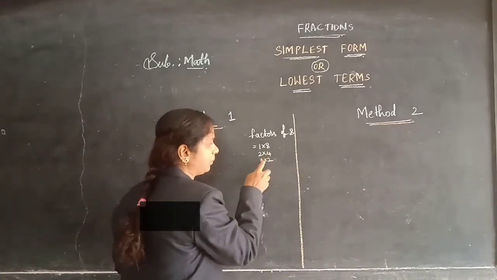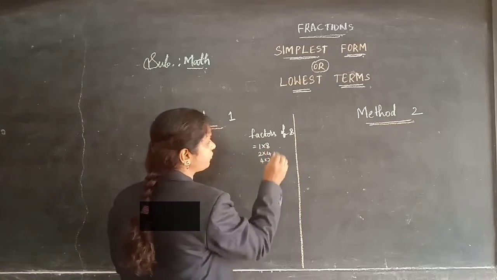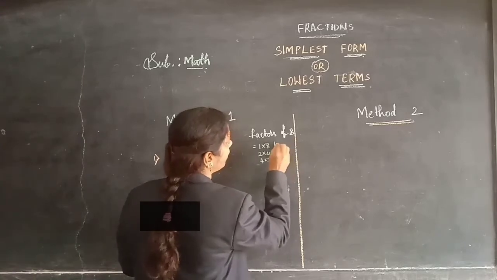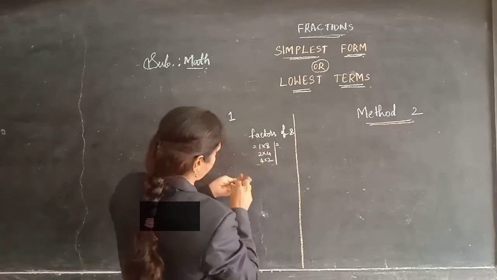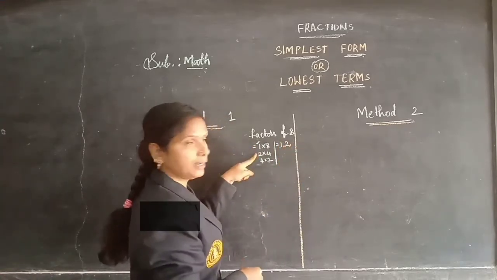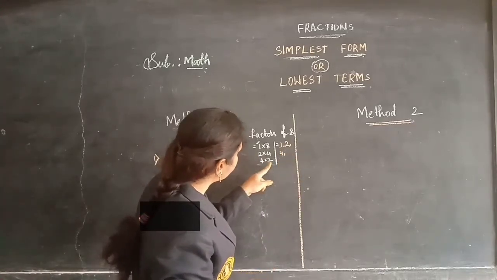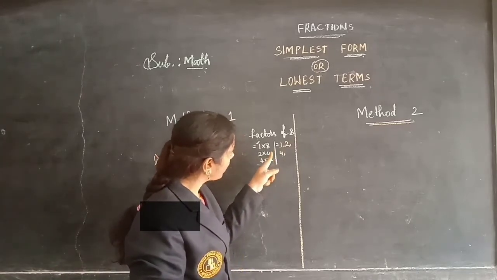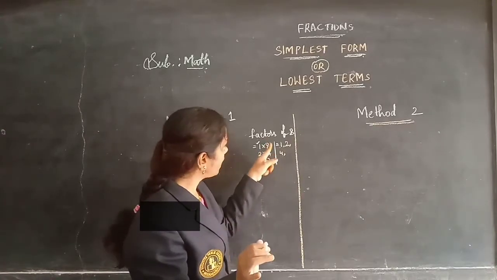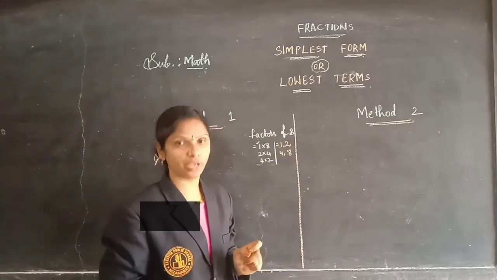When we get a repeat, stop writing the multiplication sentences. Now write the factors. What are the factors here? 1. 2. Next 3 we are not getting. So 4 next. And 5 we are not getting. And here 2 4s is repeated, children. We should not repeat any number. So I am not writing it again; directly I am writing the 8. Means 1, 2, 4, 8 are the factors of 8.